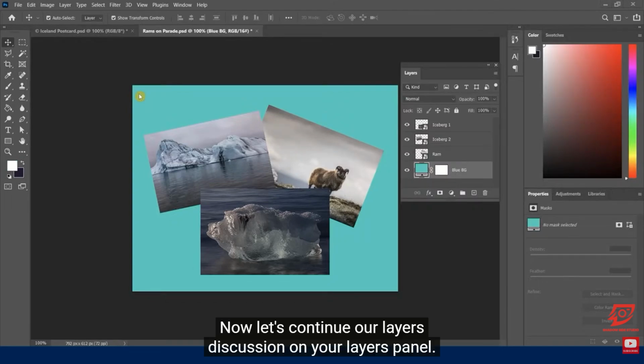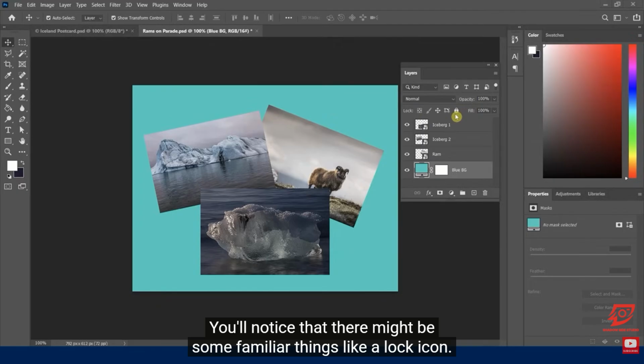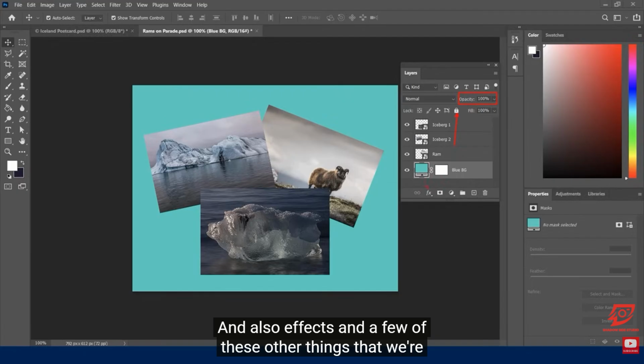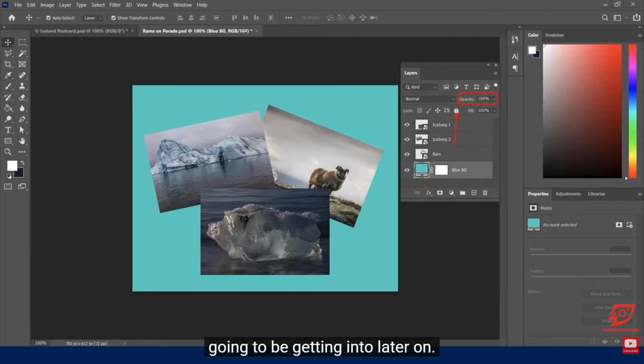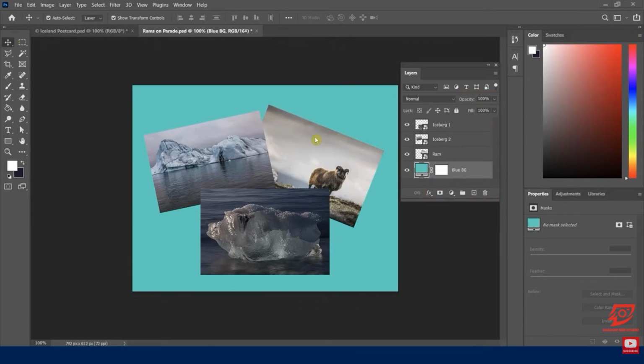Now let's continue our layers discussion. On your layers panel, you have a lot of very helpful options. You'll notice that there might be some familiar things like a lock icon. You might also see a familiar word like opacity, and also effects and a few of these other things that we're going to be getting into later on. But let's just talk about some of the things that are going to help us currently in this initial